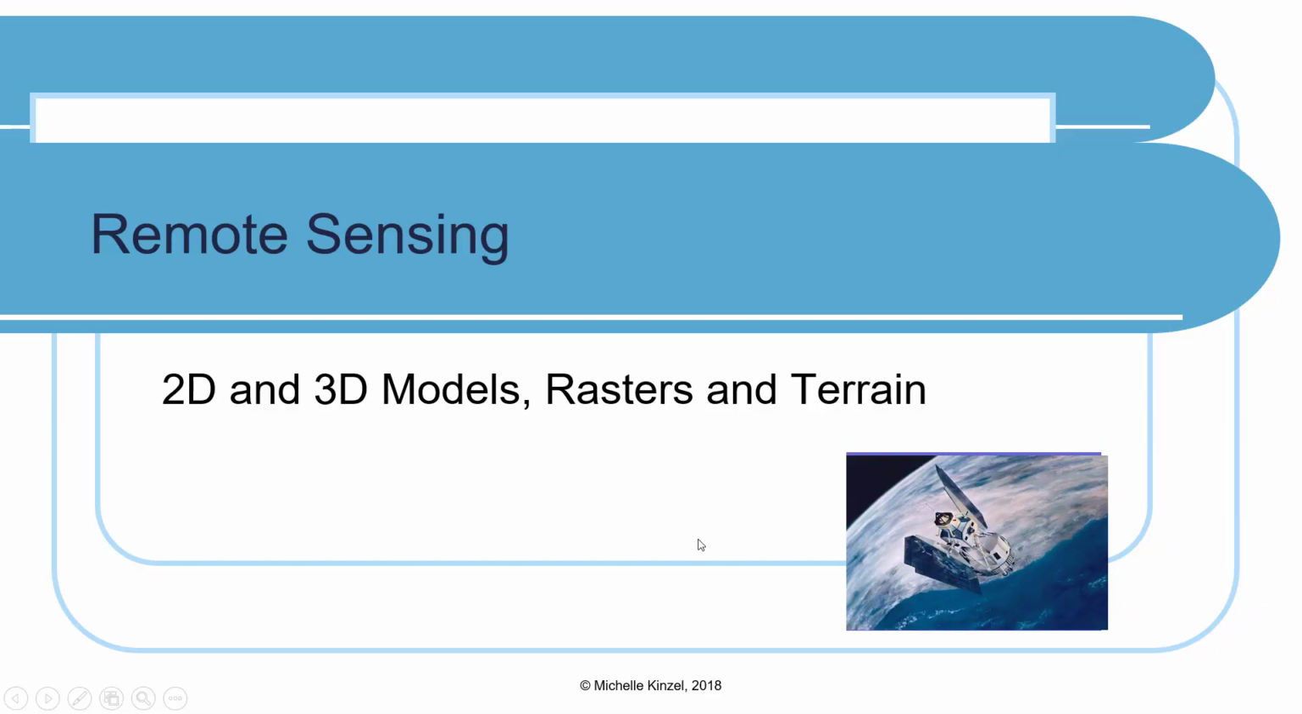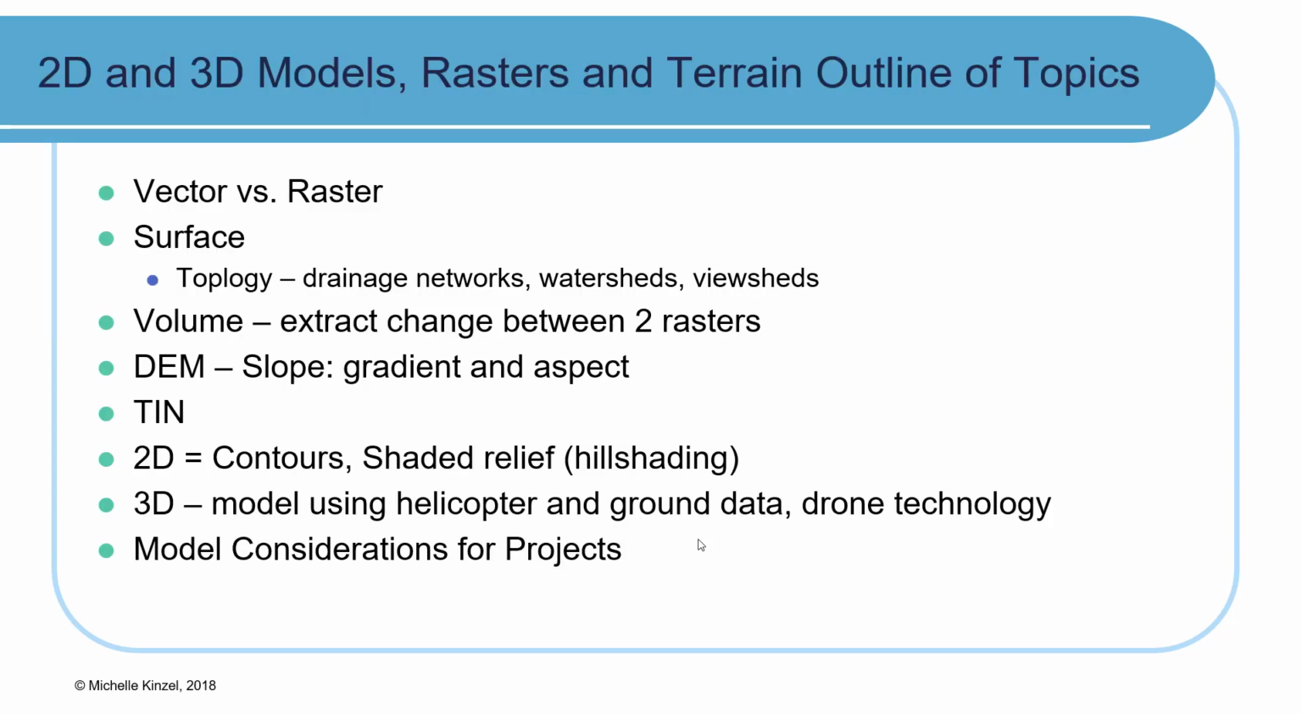This lecture is going to cover two-dimensional and three-dimensional models used in remote sensing and rasters and terrain. These are the topics that we will cover: vector versus raster, surface consideration, topology, including drainage networks, watersheds, viewsheds, volume, which is a technique of extracting change difference between two rasters, digital elevation models, including slope, gradient, and aspect,